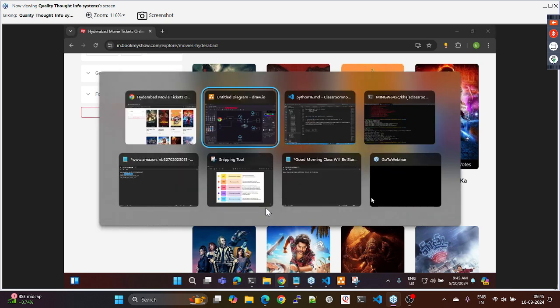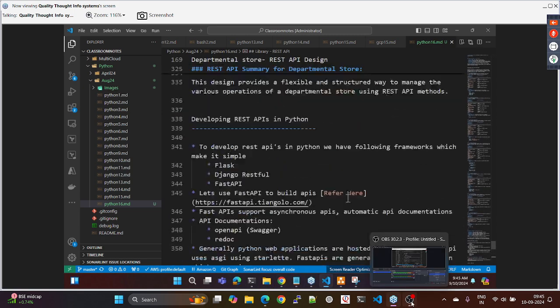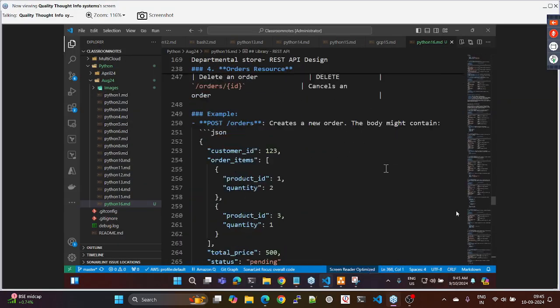Yes. Okay, now let us try to basically build a libraries REST API. Okay, and in library, out of all of the things, what I want to start with is